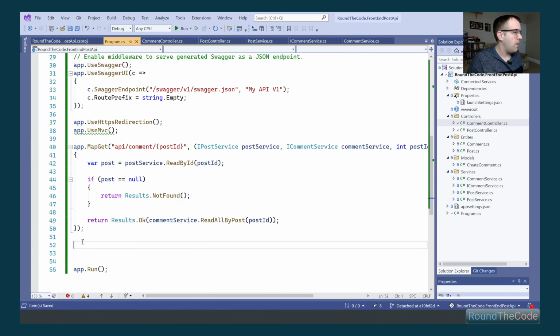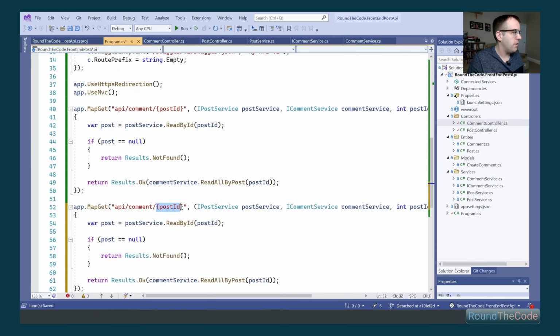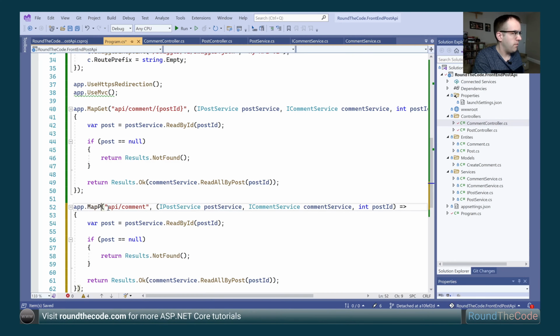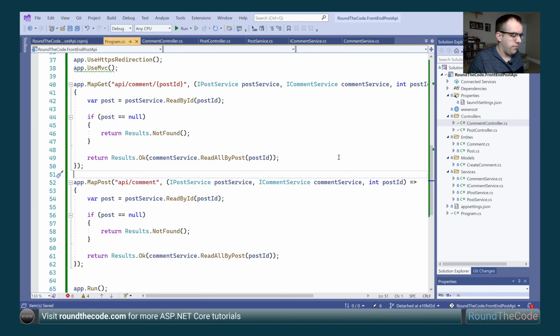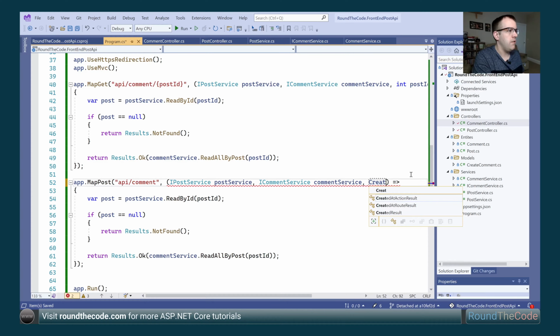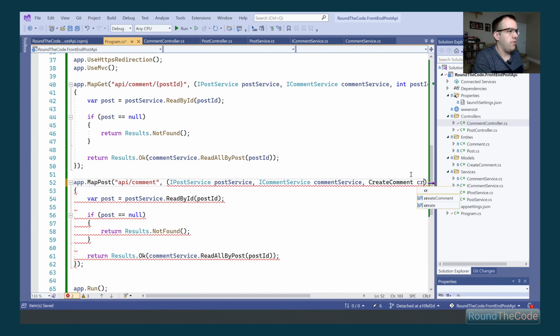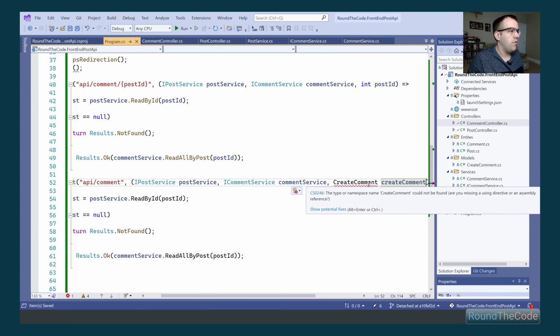So we're going to copy that, paste that in, the API comment. This time we're going to be using MapPost. And we need to pass in a parameter of create comment. Need to import the namespace into that.